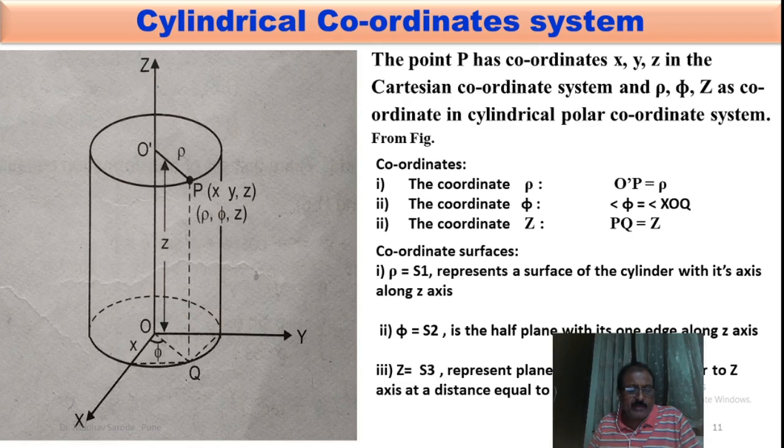Then the three coordinate curves: the intersection of the surfaces phi equal to S2 and Z equal to S3 is a straight line O dash P, called the rho curve. The intersection of the surfaces Z equal to S3 and rho equal to S1 is the circumference of a circle of radius O dash P, and the circumference is called the phi curve. The intersection of the surfaces rho equal to S1 and phi equal to S2 is a straight line PQ, called the Z curve. So these are the coordinate curves in the cylindrical coordinate system. Then how to